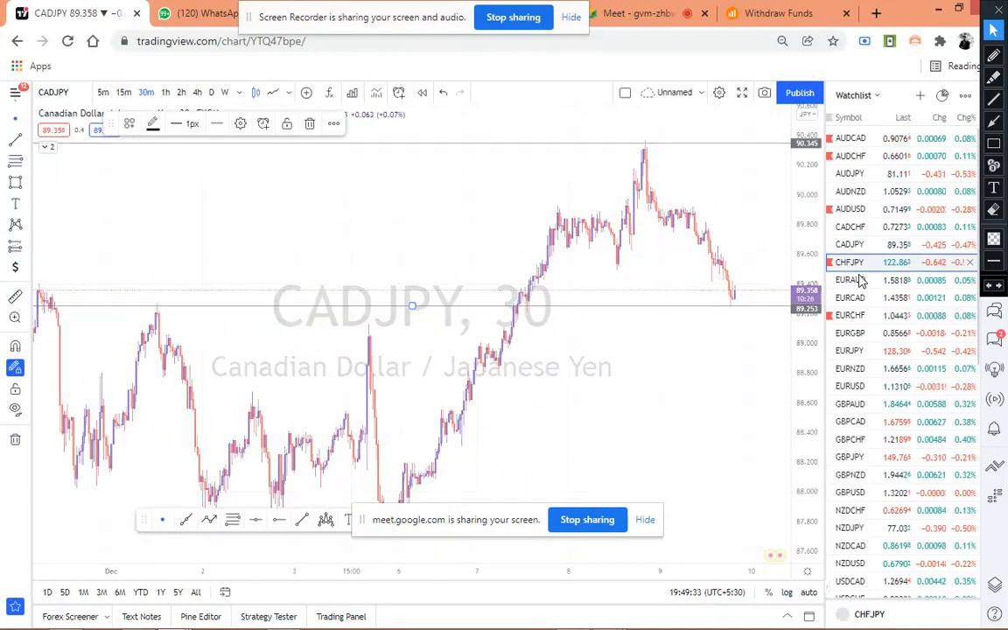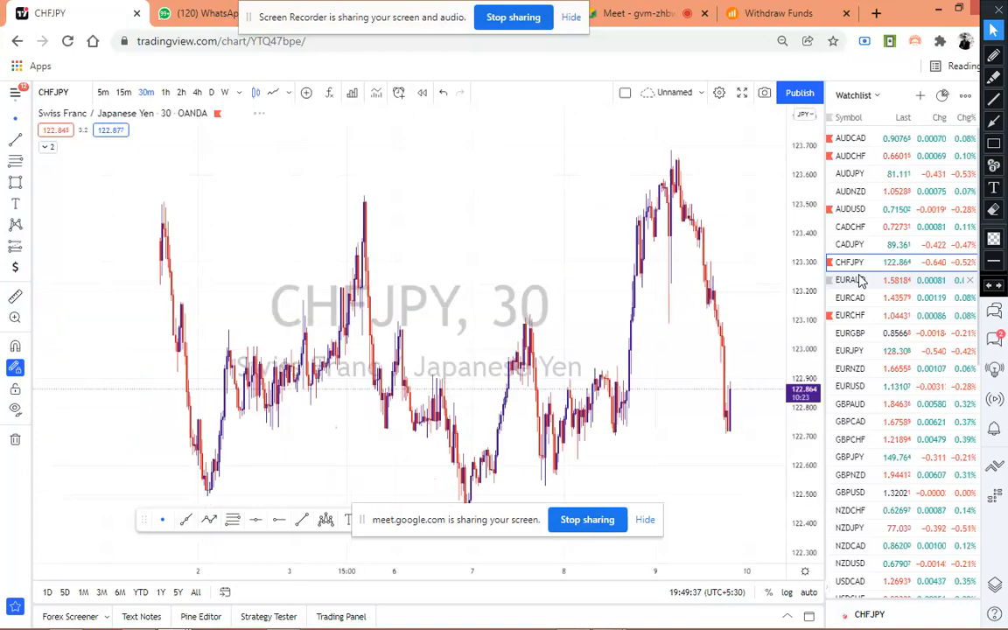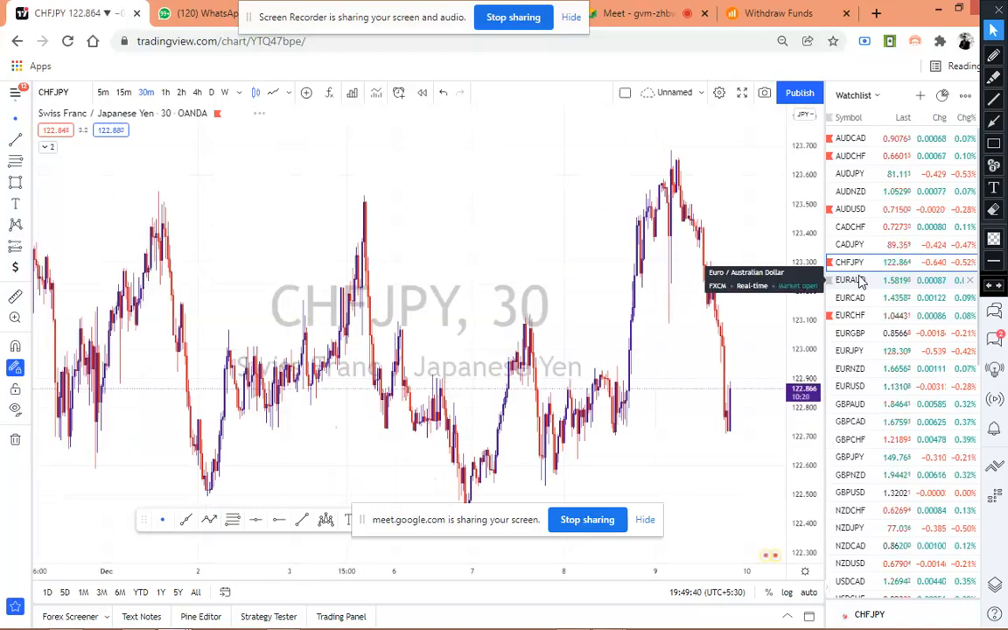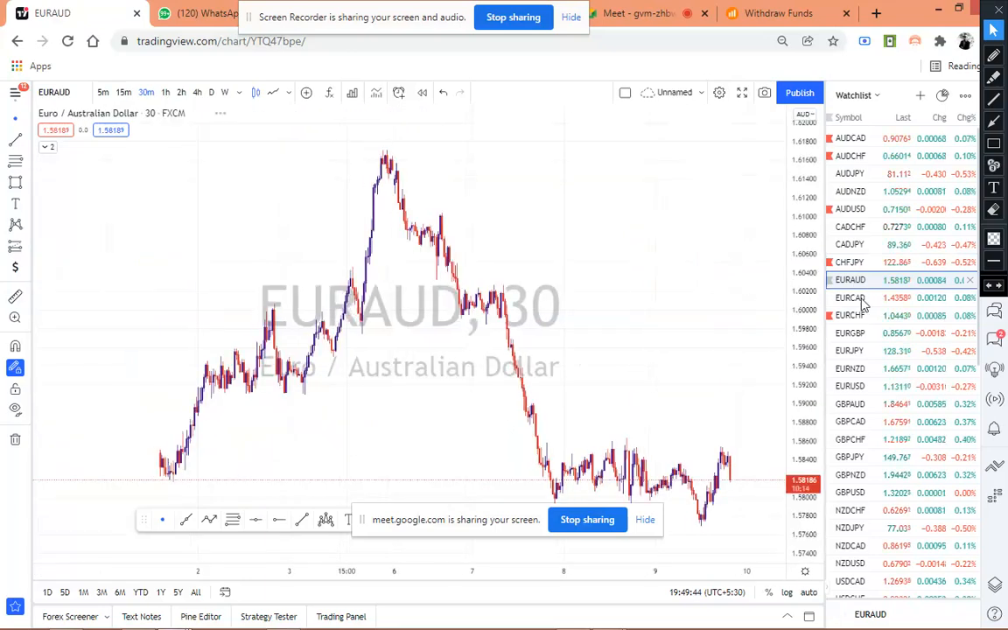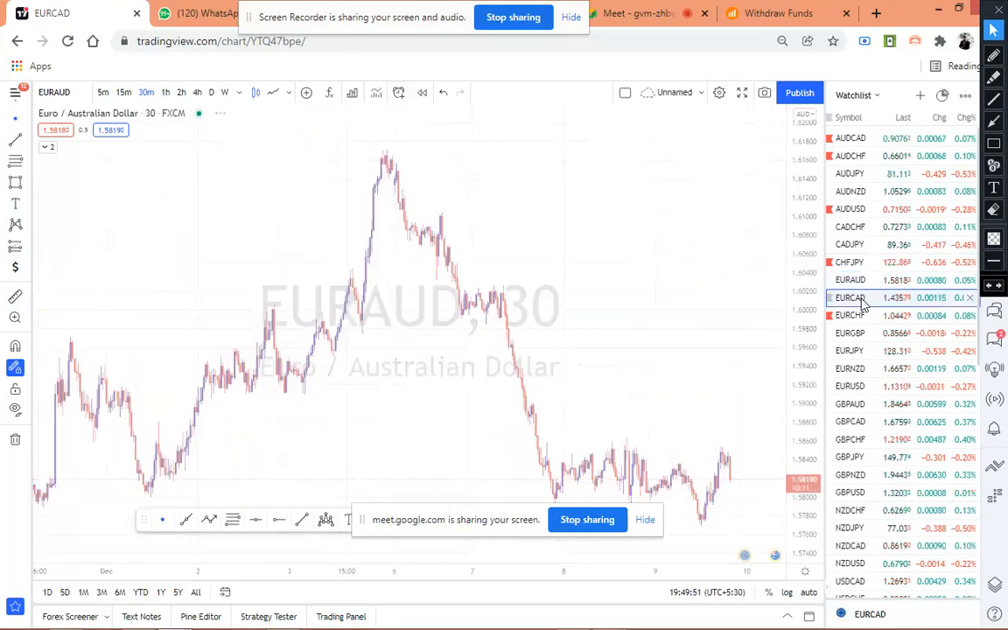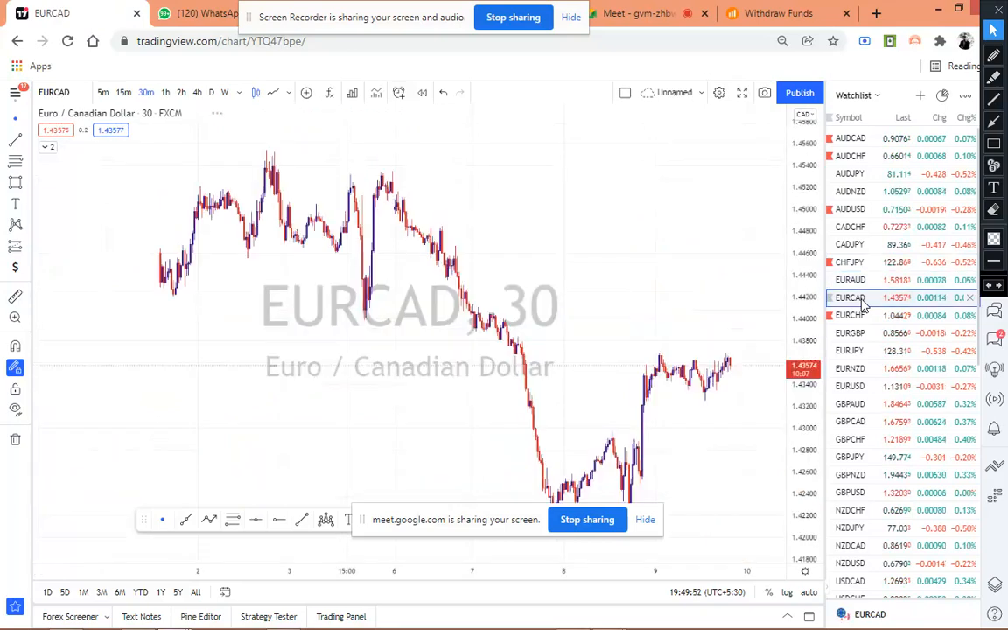Coming back to CHFJPY, see that CHFJPY hit our stop loss yesterday, but it still moved in the direction that we predicted. Very strong momentum to the downside. So it just depends on how the market wants to move. Then EURAUD, I don't think there's any opportunity here. EURCAD, no. EURCHF,